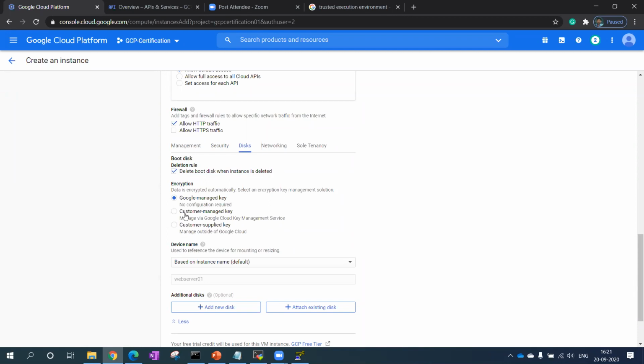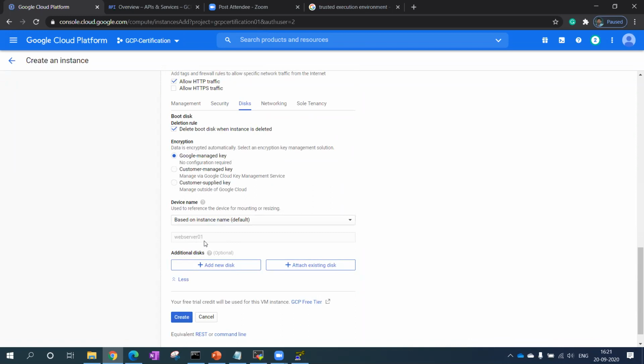Then after that, the device name. Basically, whatever name you choose for your VM, the disk gets created with the same name. If you want to put a custom name, you can go ahead and put your own custom name also. There is no limit, right?